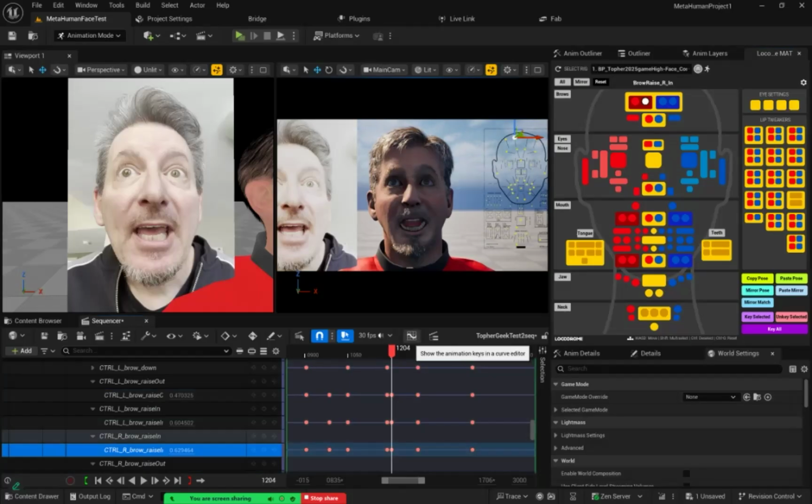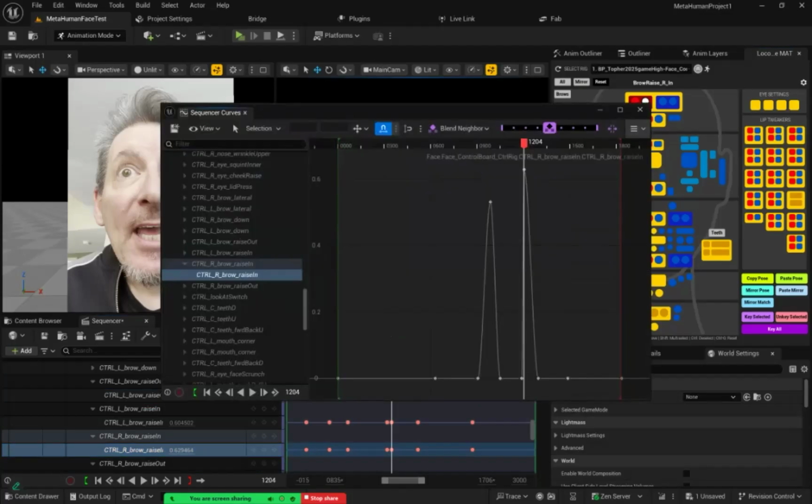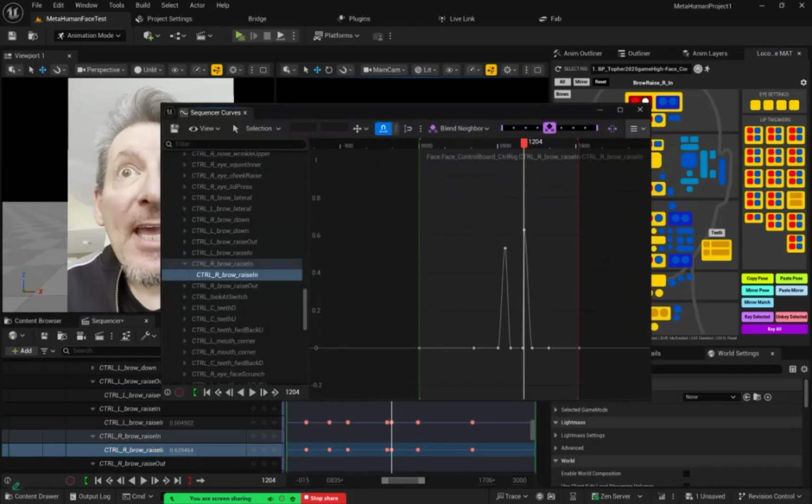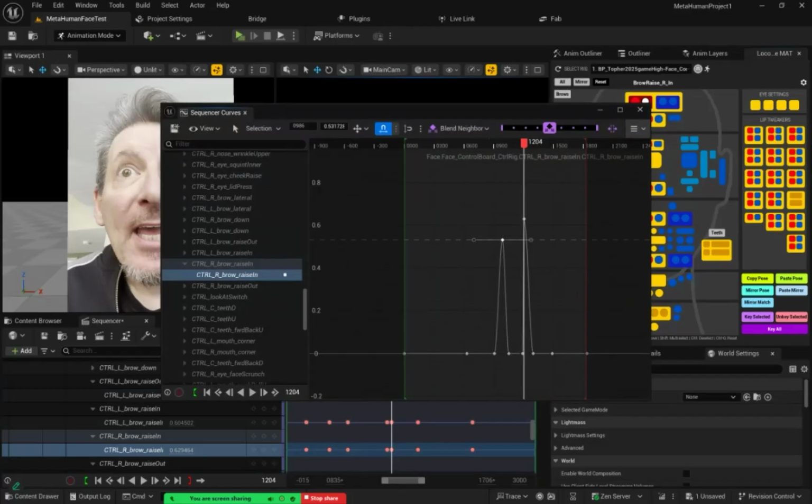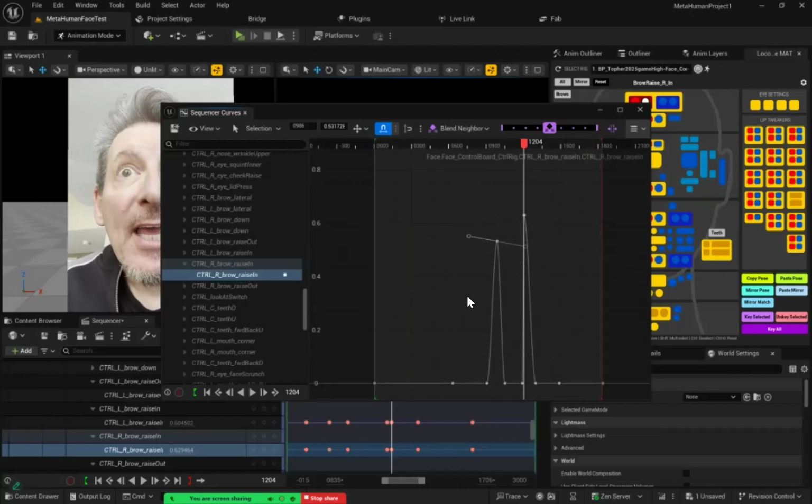There's a curve interface right here that you can go in and select individual keys to move them around with your middle mouse button. You can move handles around as well. So if I'm adjusting the ease in and ease out on one of these,